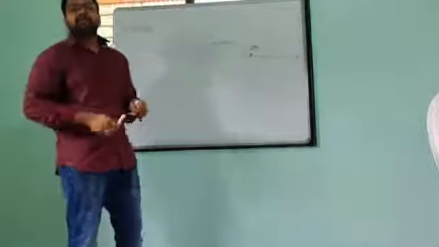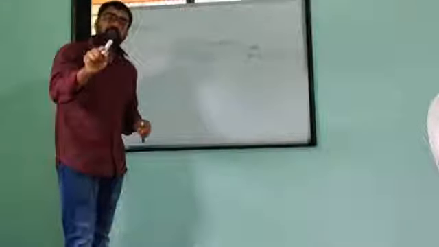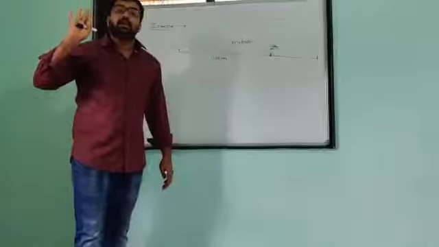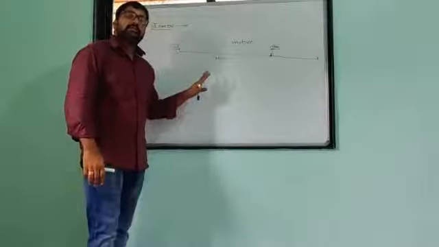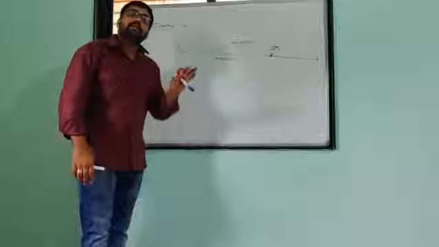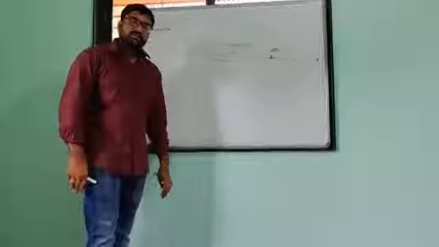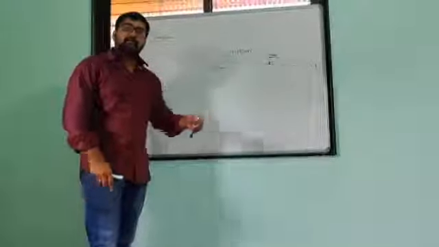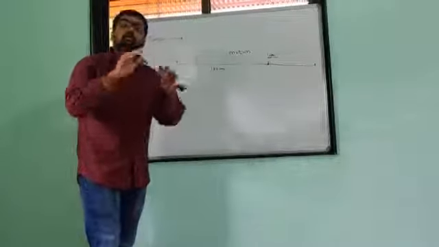So simply, what is inertia? Inertia is a property of a massive body. If the mass is greater, then the inertia of that body is also higher. The definition of inertia is the tendency of any massive body to continue in its state of rest or continue in motion. Actually, they are trying to oppose any change in their motion.